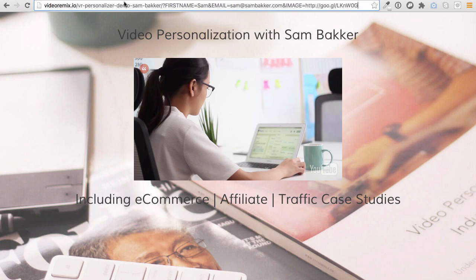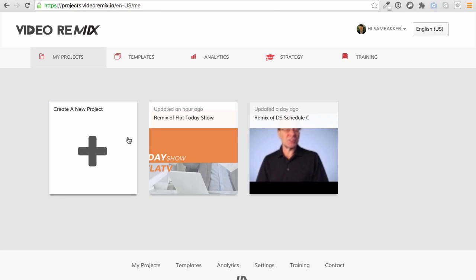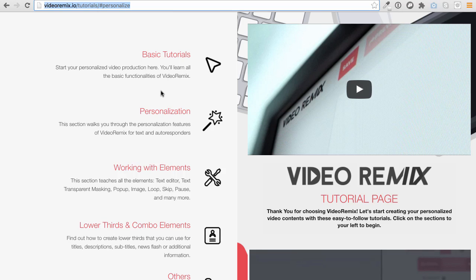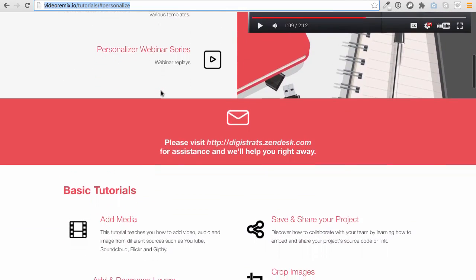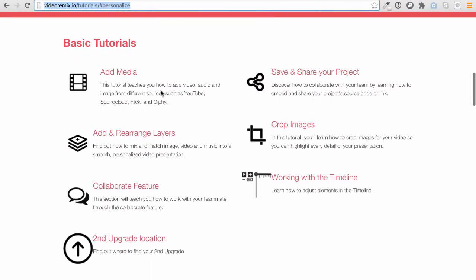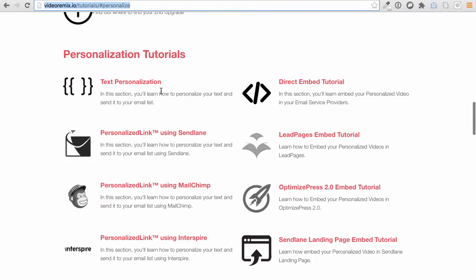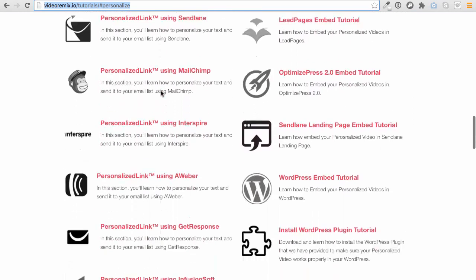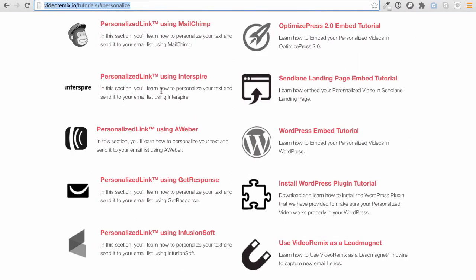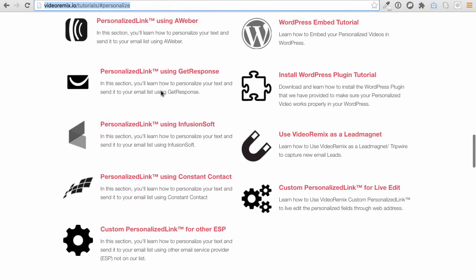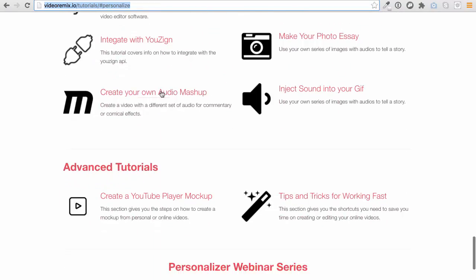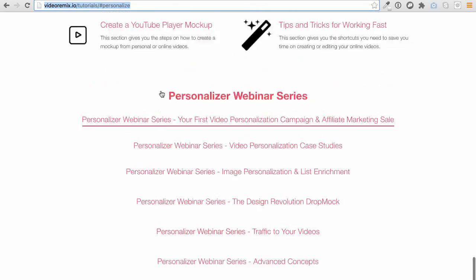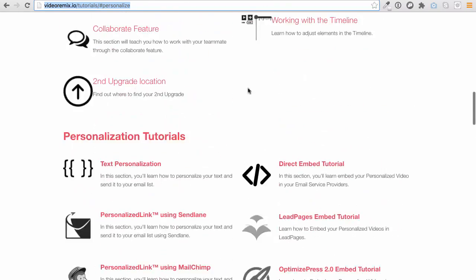So let me show you how this software works and how you can set up a campaign. Now, first of all, we are in Video Remix. A really cool thing that I need to mention about this software is the tutorial videos have been done really well. This isn't a software that you can pick up and start using right away. It's going to take a little bit of learning. It took me a bit of time to really understand what this software does, but the training is so detailed that you'll be able to get everything you need in order to start really doing this well. Now, after you've gone through the training, which I highly recommend so you can learn all you can do with this software, because there's a lot you can do, perfect for offline businesses,